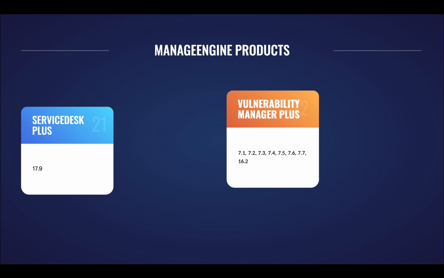Finally, our help desk solution in control 7.9 helps with asset inventory management and ITIL functions like incident, problem, change management, and CMDB, configuration management database, service catalog, and more ITIL functions.